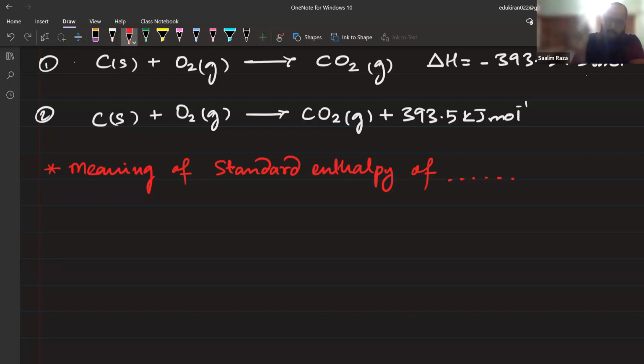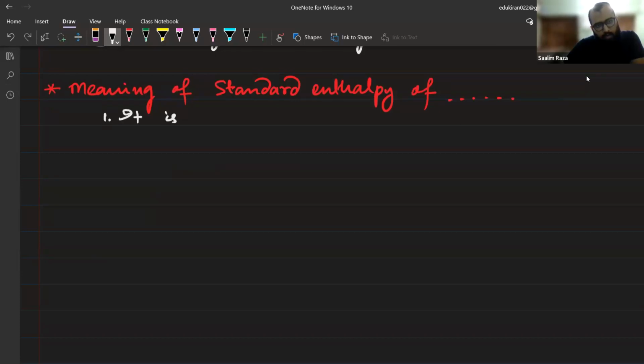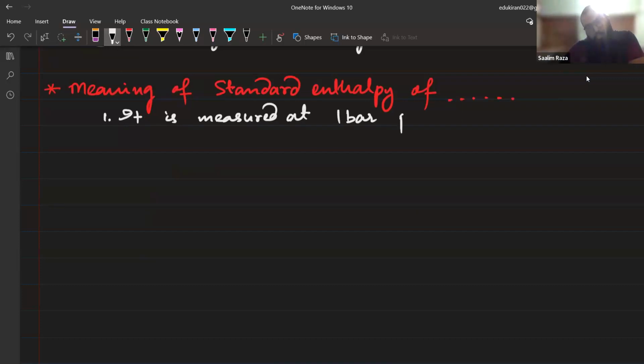Whenever you see this phrase standard enthalpy of, what does it mean? Please write here. First of all, number one, it is measured at 1 bar pressure. 1 bar and 1 atm are approximately equal. We generally take 1 bar. It is because it is easier to measure 1 bar, and if you're having some controlled reaction, it is easier to have a pressure of 1 bar because